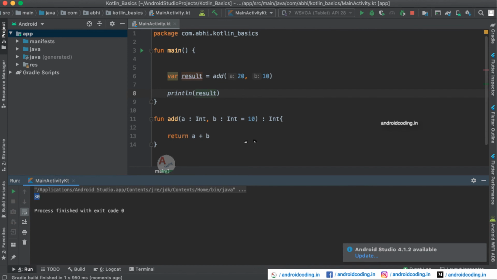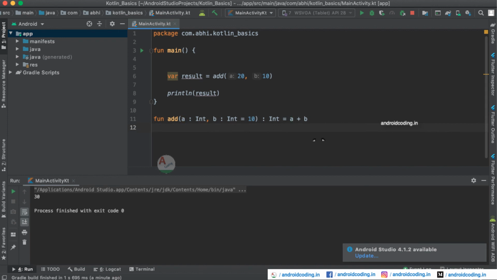So now we will see a single expression function. Let us see the single expression function now. Here we have declared a function for adding a plus b in 3 lines. When you just want to simplify the function, you can just remove these two curly braces and also the return keyword, and here just provide the equal to symbol.